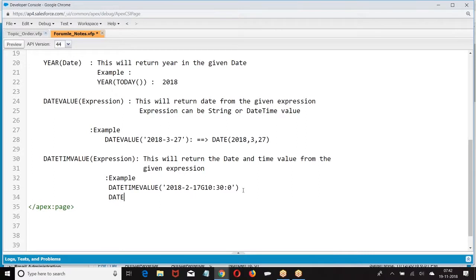It will give you date time value. Convert into date time value.